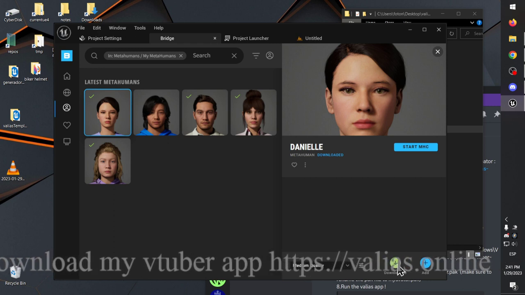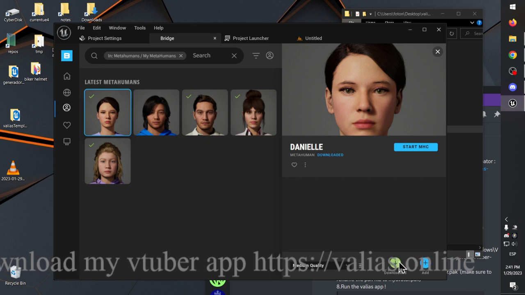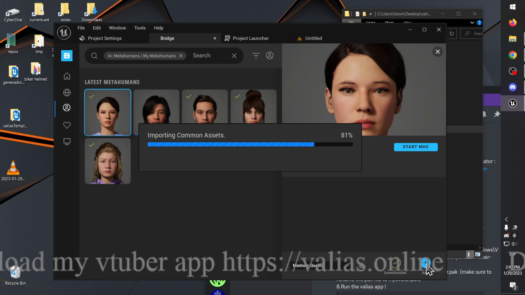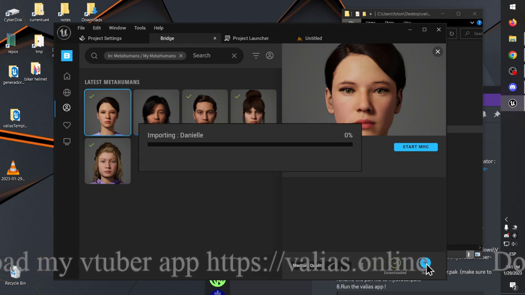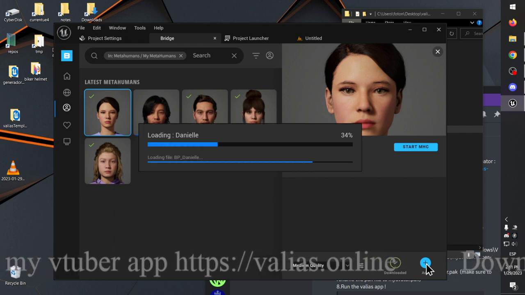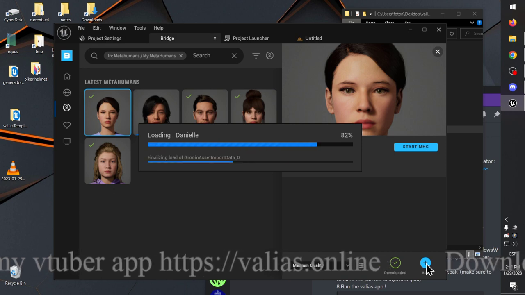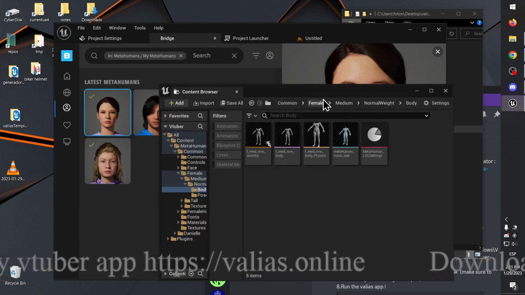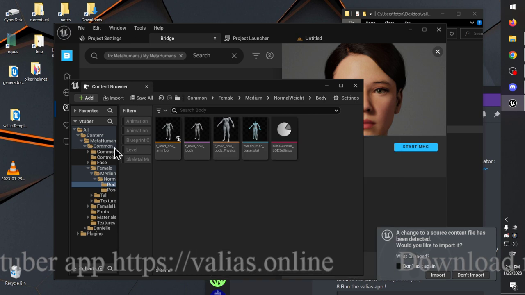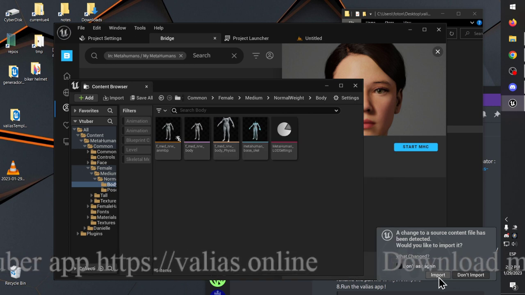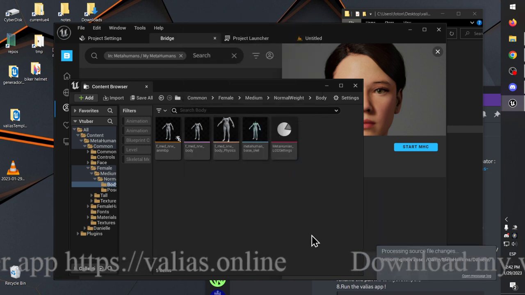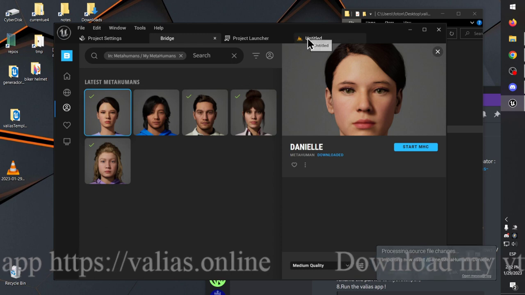You will have to download it, and when it finishes, you will press this button, Add. Now it's showing that it added the files of the MetaHuman to our project. You will see this prompt, just click on import and say import again, ignore the warning, close this one, and we can go to the